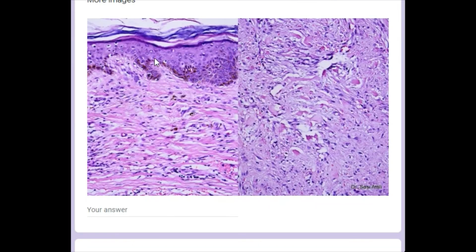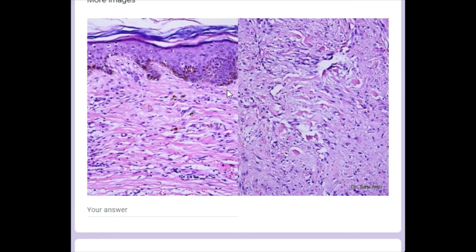Now we go into higher power, and the same is quite obvious. Here in the reticular dermis, you're seeing that the collagen fibers are slightly thickened and also oriented parallel to the epidermis. This is quite a typical feature, associated with a few inflammatory cells, mainly lymphocytes and a few histiocytes. The papillary dermis here is relatively spared, and this is what I meant by having a Grenz zone. That was one of the questions I put at the bottom. So yes, this proliferation region does definitely have a Grenz zone of relatively normal papillary dermis.